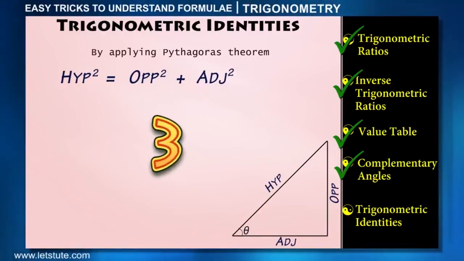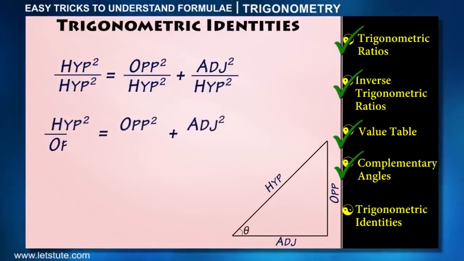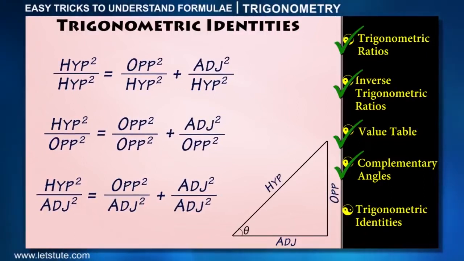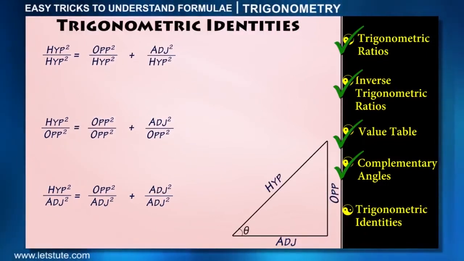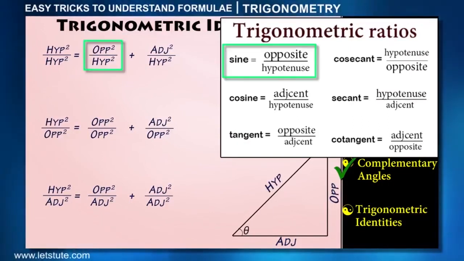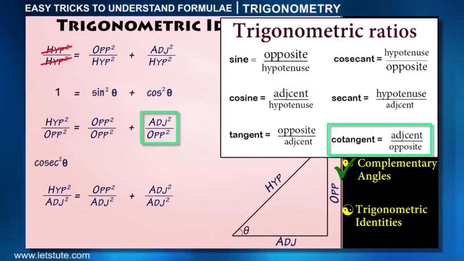Divide these thrice, once by hypotenuse square, then by opposite side square and then by adjacent side square. And now as we already know that this ratio is defined as sine, this is cos and then cosec, cot,